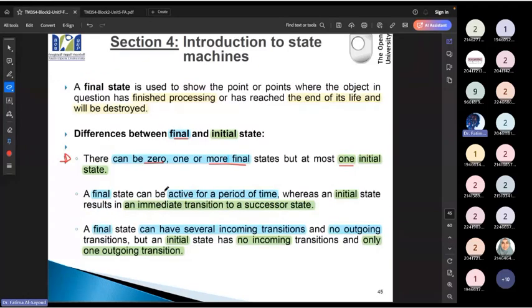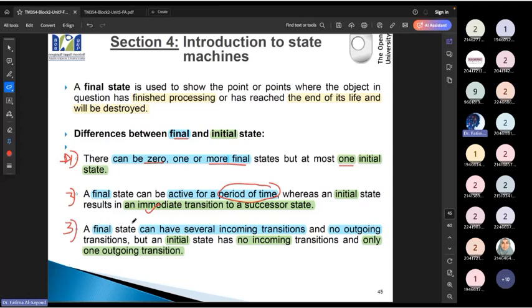However في الفاينل it's active only for a period of time. يعني الانيشال ستاتس دائما it's going to happen immediately. الفاينل it's going to happen if and only if, for a period of time, لما set of events happen correctly. الفرق الأخير, so we have three differences, 1, 2, and 3, between the final and initial.